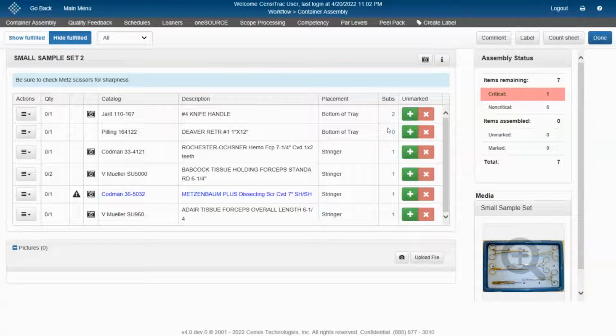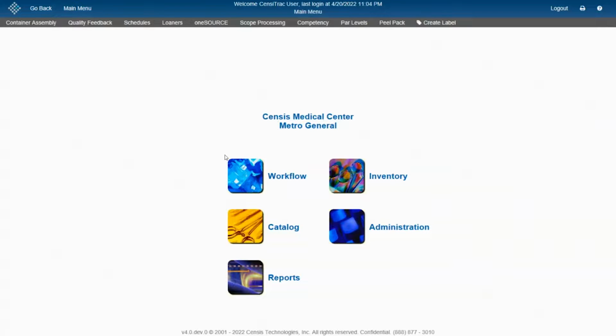Now that we've seen the number of substitutes that exist for this tray with the tool turned off, let's go ahead and take a look at what this would look like once we call our Censis Client Manager or the Censis Support Desk and ask for assistance to develop and enable this tool. Now that the Censis Cross-Reference Substitution tool has been enabled, let's take a look at how that changes our experience